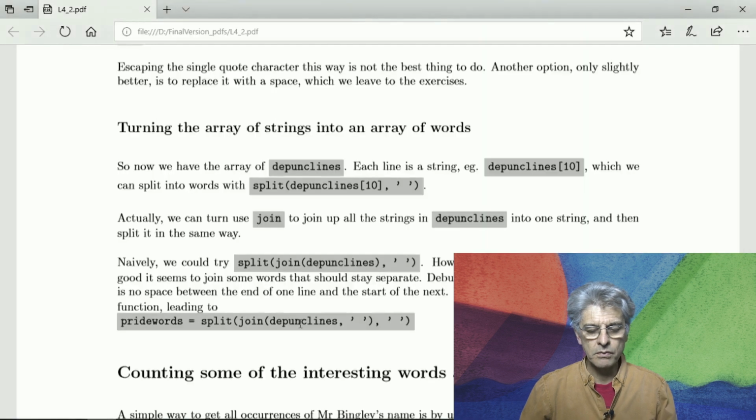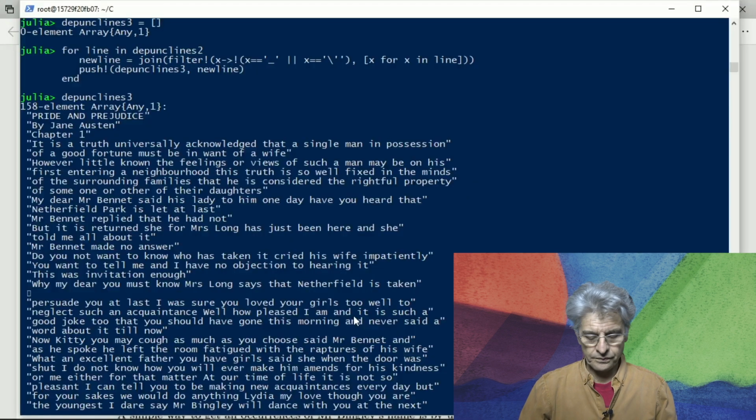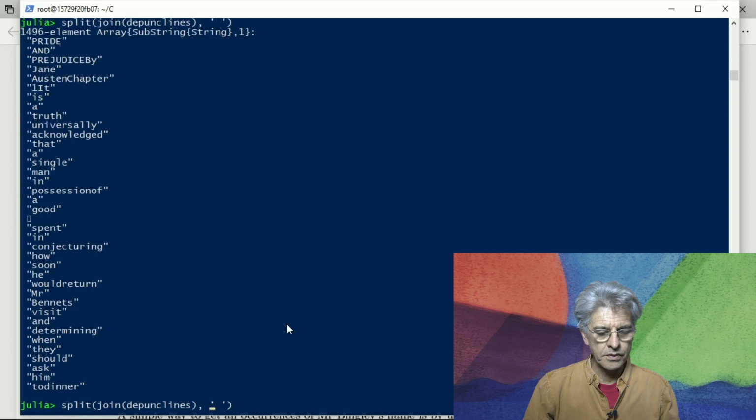That's because of the way we've done join by just doing it like this. This join just takes the strings in each line and puts them together with no spaces. We need to have a space in between. Remember that join allows us optionally to have a separator between all the lines. So what we need to do